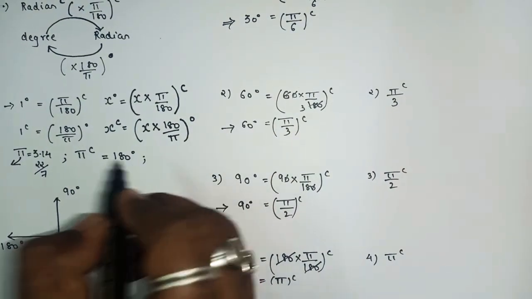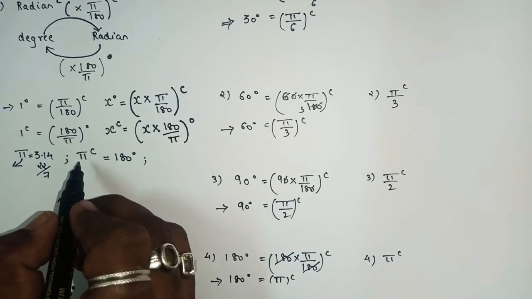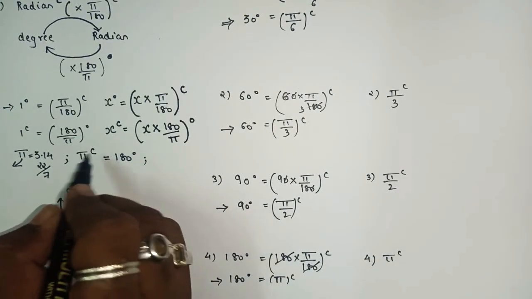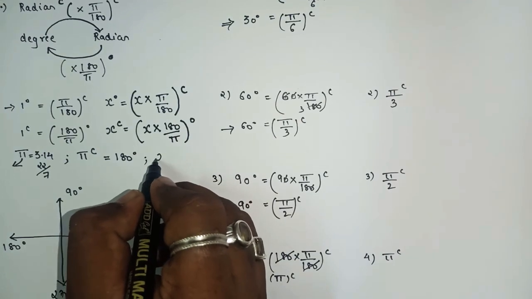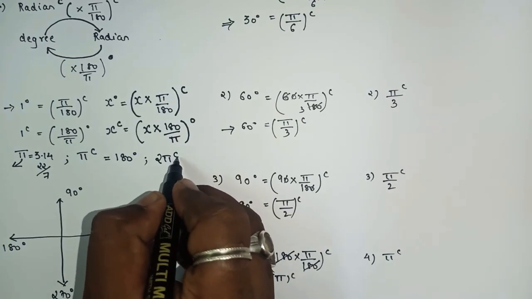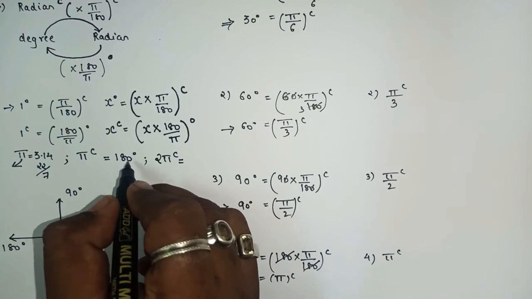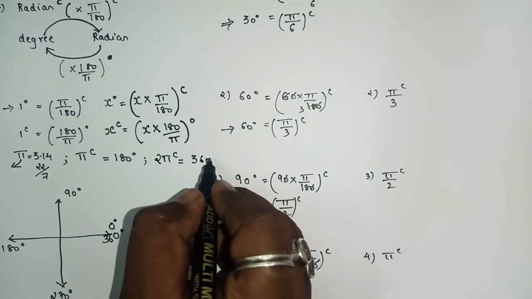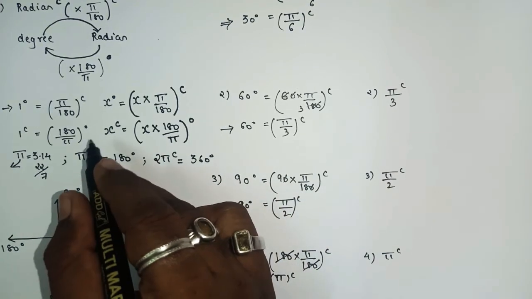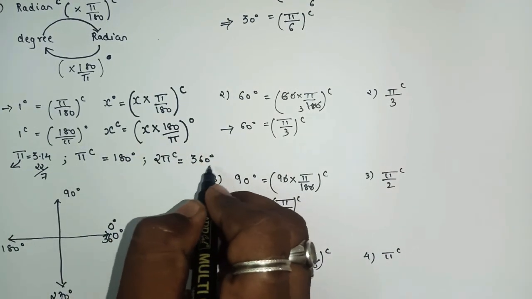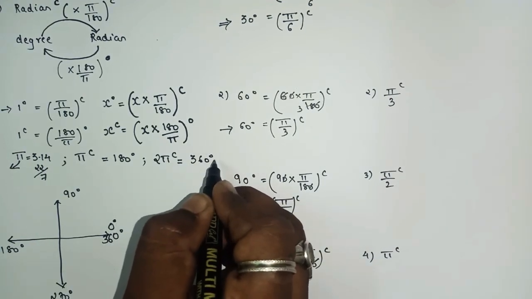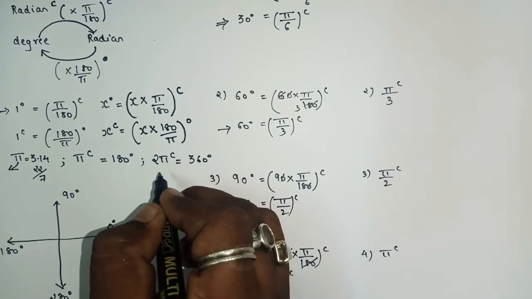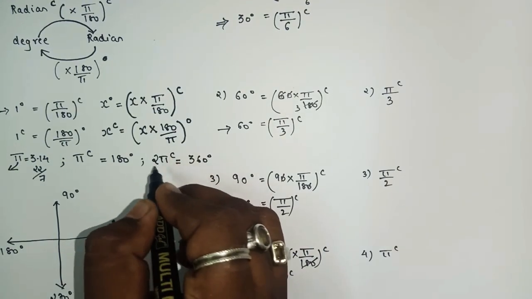Suppose if you multiply this pi and this 180 by 2. Suppose if I multiply both the side by 2. So if you multiply both the side by 2, this will be 2 pi. If you multiply this 180 by 2, so 2 into 180 is 360. So here can I say double of this is 360 degree. So 360 degree we can read as what, 2 pi radian, yes or no? 2 pi radian.